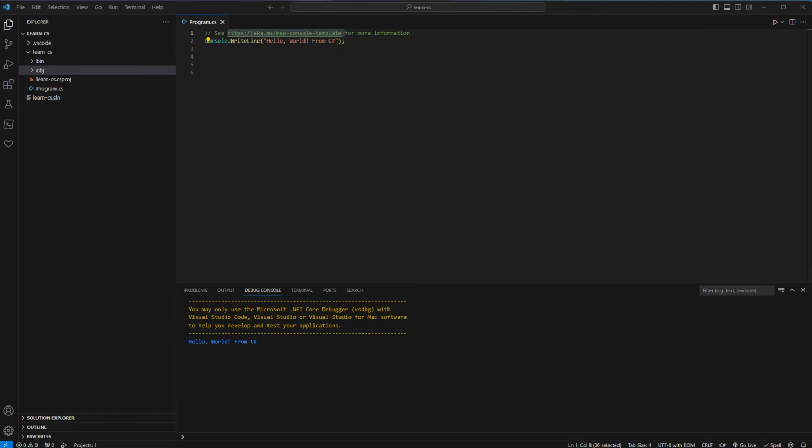Okay, so let's start looking at a little bit of code here. This first line that you see on line 1, they're making a comment about how the information has changed. And if you've ever worked with C# before, or maybe came from Java, then you might be used to something called a static main, and that is usually the point at which a program would enter. And as .NET's evolved, they have this new feature that allows you to skip doing the static main. So if you want more information about that, just visit the link up there and they'll give you all the details. But just know that you can start your program.cs file just plain vanilla,